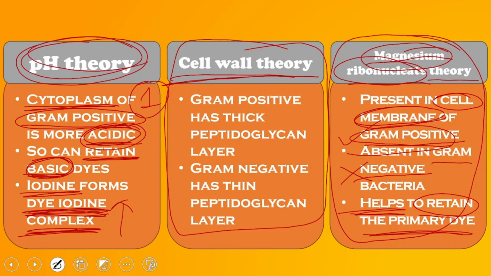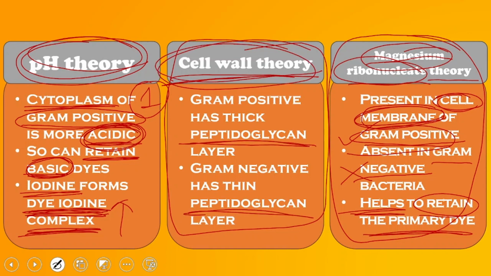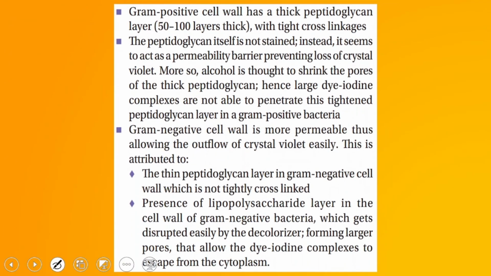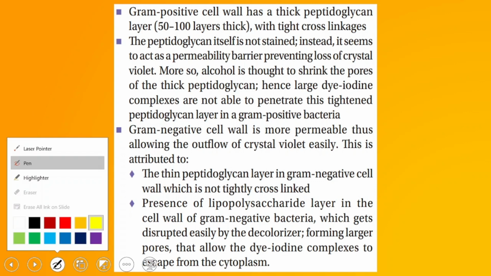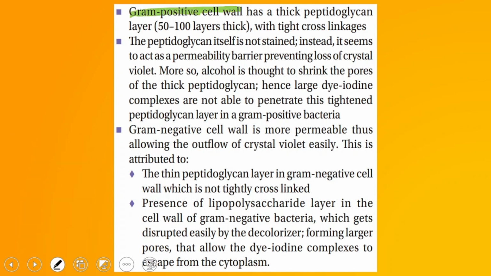pH theory जो होती है, it is mainly depending upon the pH of the cytoplasm, और ये cell membrane के ऊपर होती है. And जो cell wall theory होती है, it is mainly upon the peptidoglycan layer. यही, gram positive bacteria is having thicker peptidoglycan, and gram negative one has a thinner peptidoglycan layer. So that is the same thing, cell wall theory explained under this particular segment. Let me highlight two possibilities. Either it can be a gram positive cell wall हो सकता है, या तो there can be a gram negative cell wall.